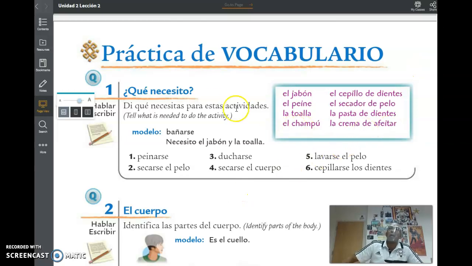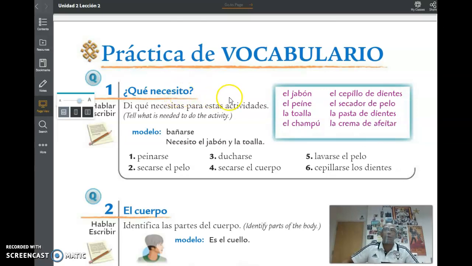Ok, hoy vamos a hablar de poner el vocabulario en contexto. We are going to actually put the vocabulary in context, okay? So we did activity 1 yesterday, and where you needed to restate activity 1, ¿qué necesito? When I say restate, what do I mean? Anyone? Restate. Restate the question by using some of the